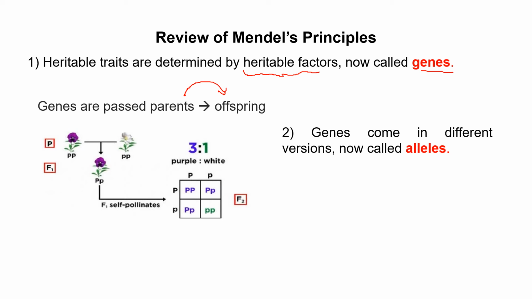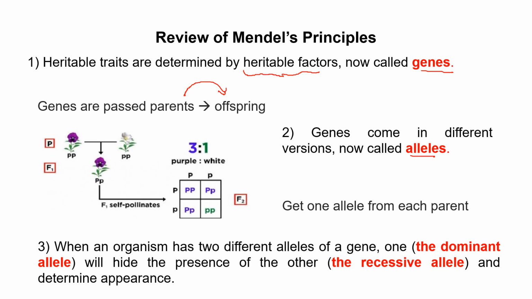He didn't know what an allele was. This is the second answer. And now we know that genes come in different versions that we now call alleles, and we get one from each parent. And I wanted you to review what a dominant and what a recessive allele is. That is the third and the fourth